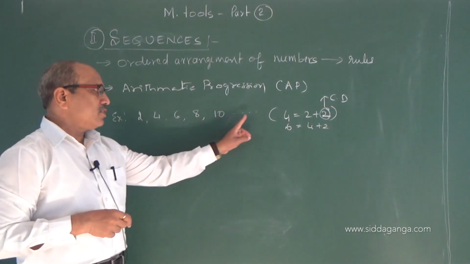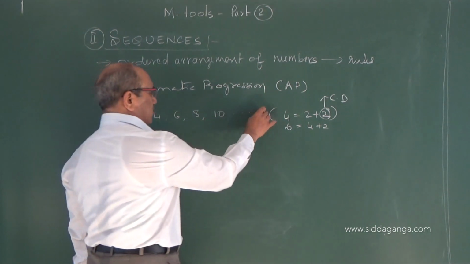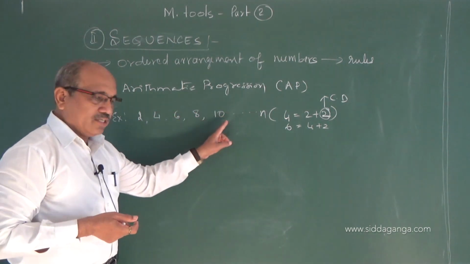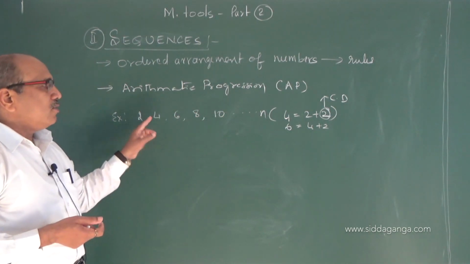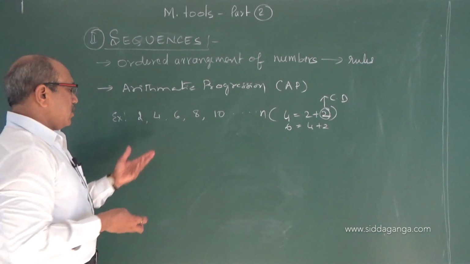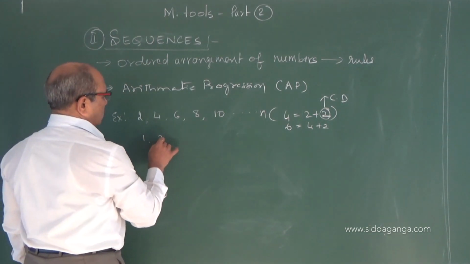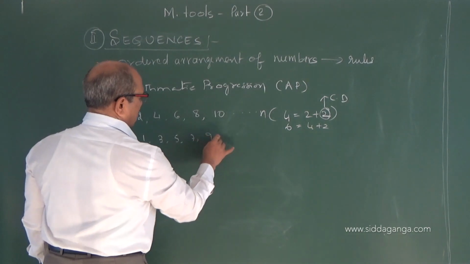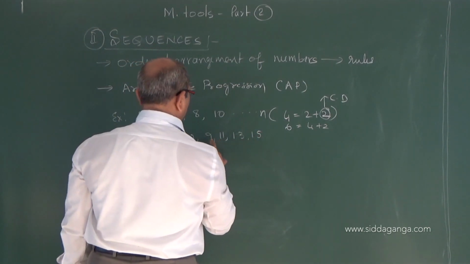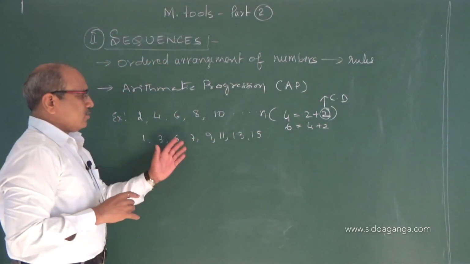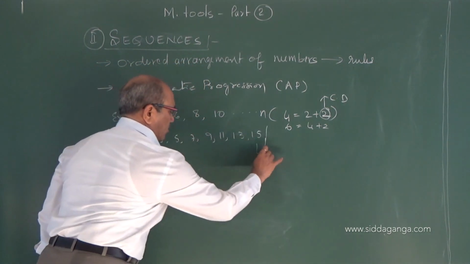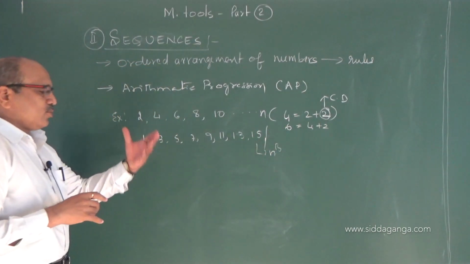So the successive numbers in this progression are obtained up to n terms. Every successive term is obtained by adding a constant value to the preceding one. Here I take an example of 2, and also let us take the example of 1, 3, 5, 7, 9, 11, 13, 15. It can run up to n terms, stopping here at the nth term. So let us see the solution for this.